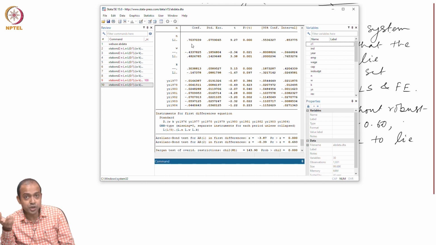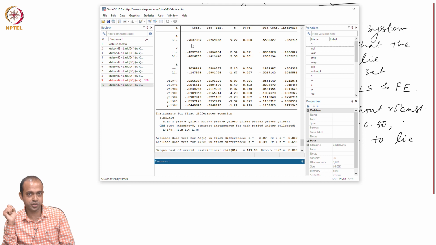But if you do not have such a theoretical background, you cannot simply add those variables in the GMM style, because the reviewer of your paper will ask why you have considered those variables as endogenous. So exogeneity and endogeneity should come from a theory or your own logic, it should not be randomly selected. That is what I pointed out.